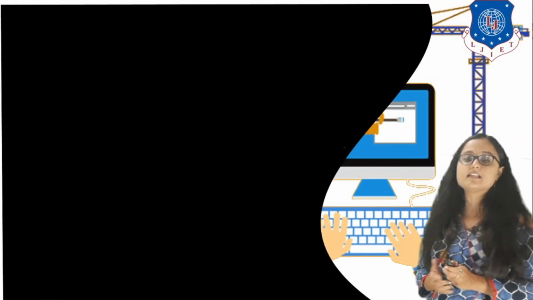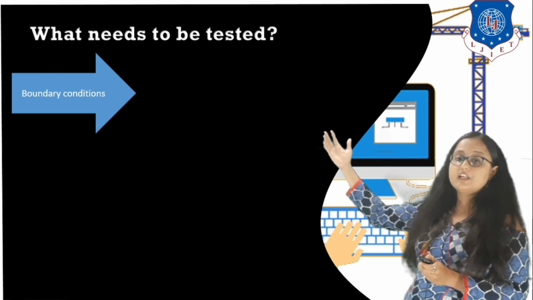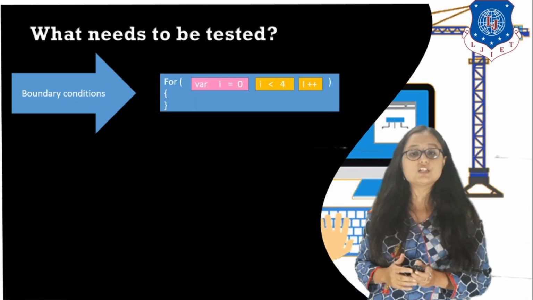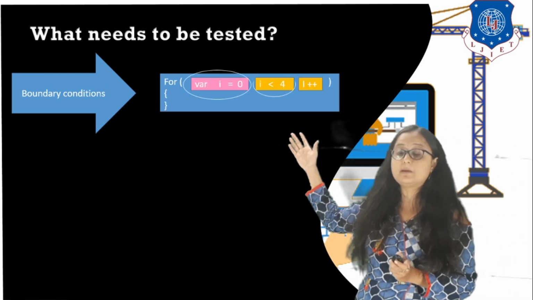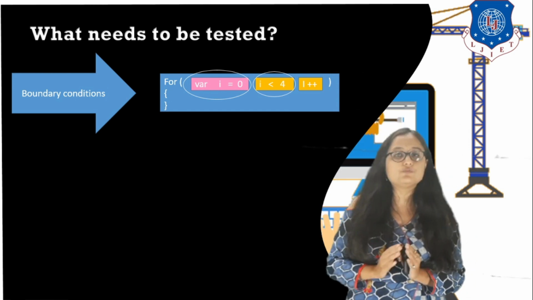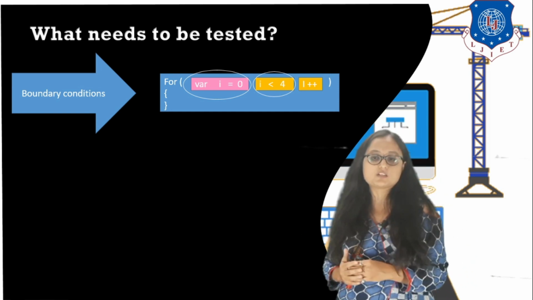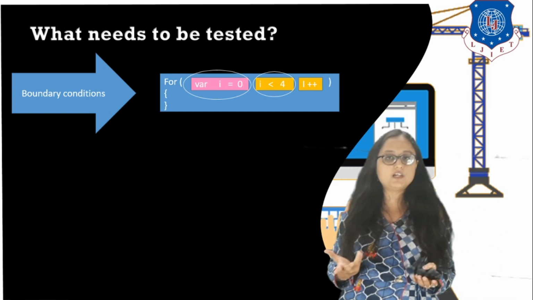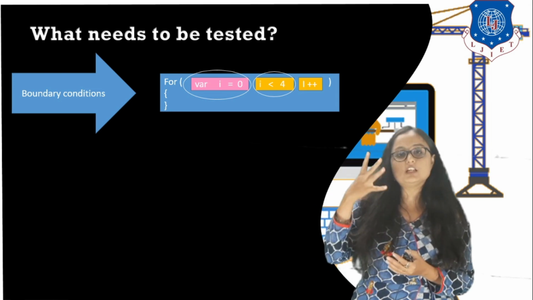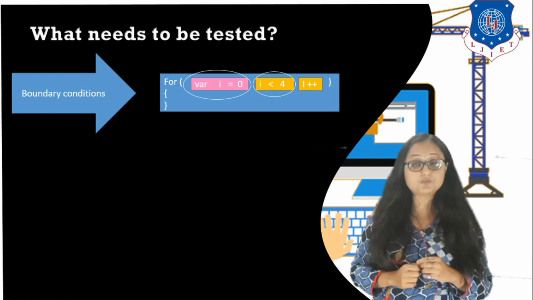The next thing that we can consider while unit testing is boundary condition. Now what do you mean by boundary condition? Here is a very basic example where people make mistakes in boundary conditions. So here you can see I have a for loop for i equal to 0, i less than 4, i plus plus. Now inside this for loop I may be printing something, right? So I basically want 4 values to be printed, 0, 1, 2, 3. So it will iterate 4 times, right?